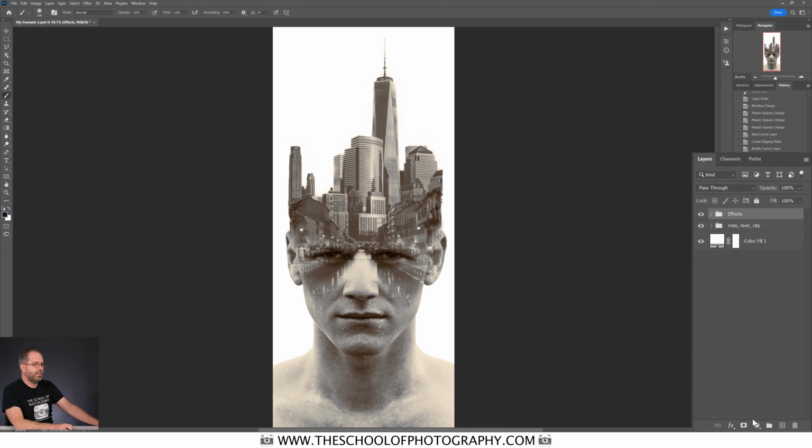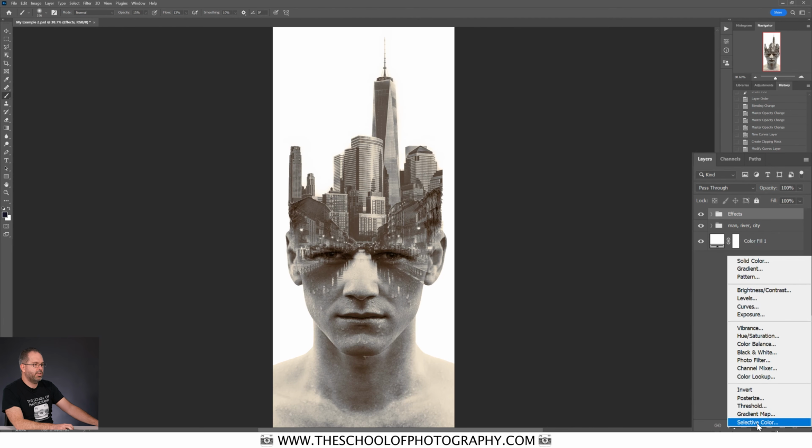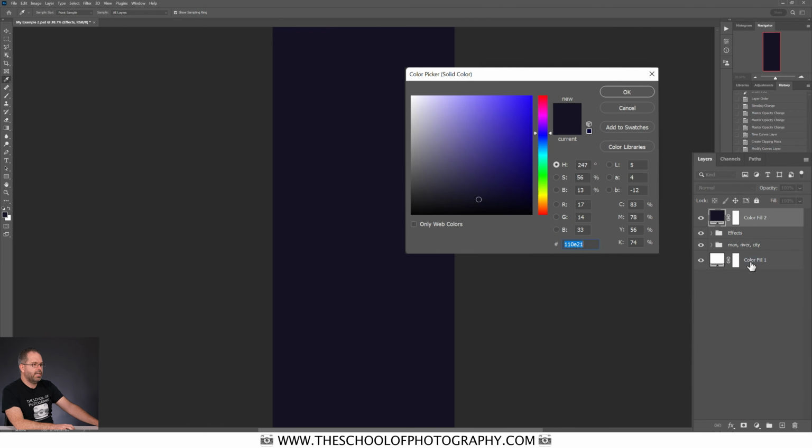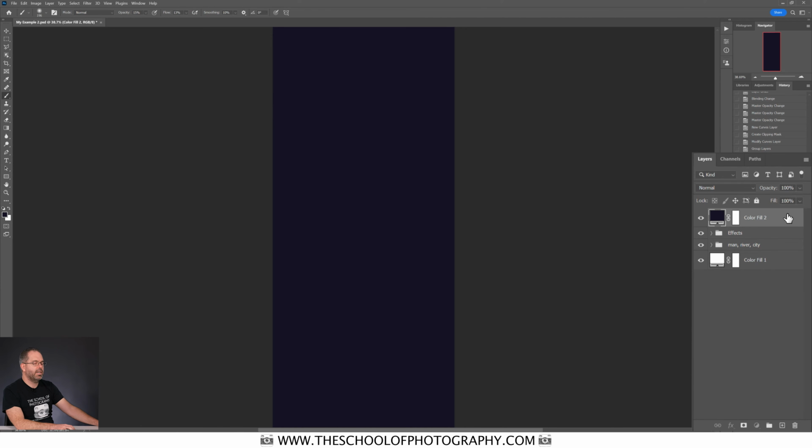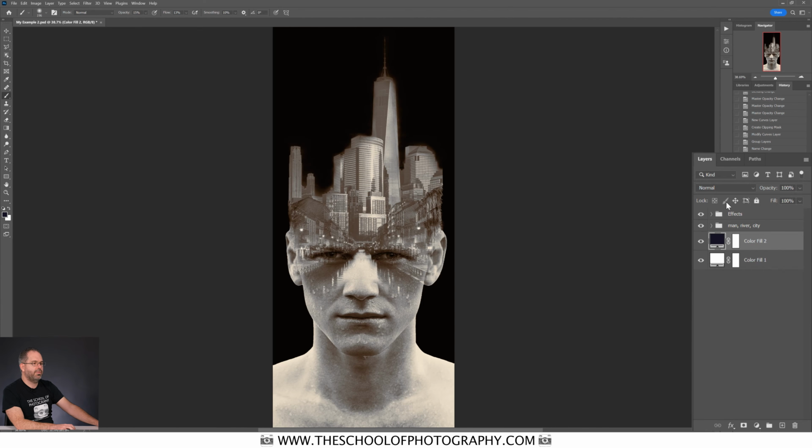All right, so we're going to come down to the adjustment layer icon down the bottom. We're going to go solid color. Now I need to drag this layer above the color fill one here. I need to put it underneath everything. So for now, I just need to apply it by clicking OK. Then I'm going to click and hold and drag it so it goes underneath the rest of the groups here. And there you go. I mean, if you want a solid dark color like that, you can have it,